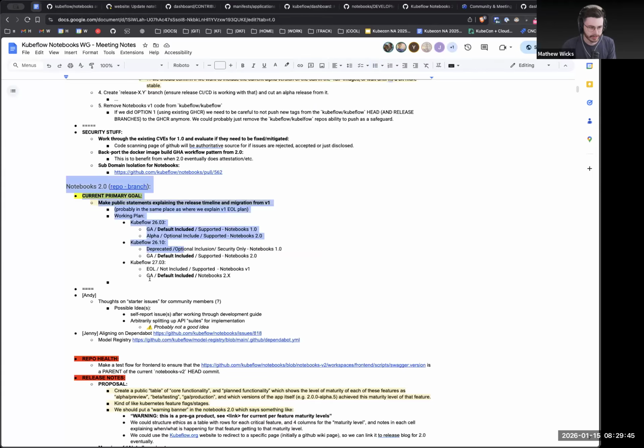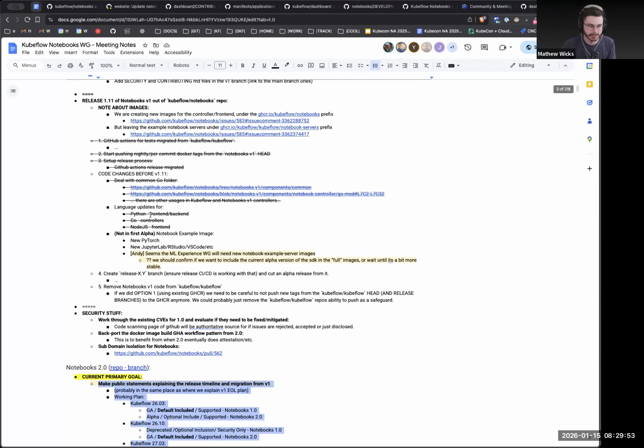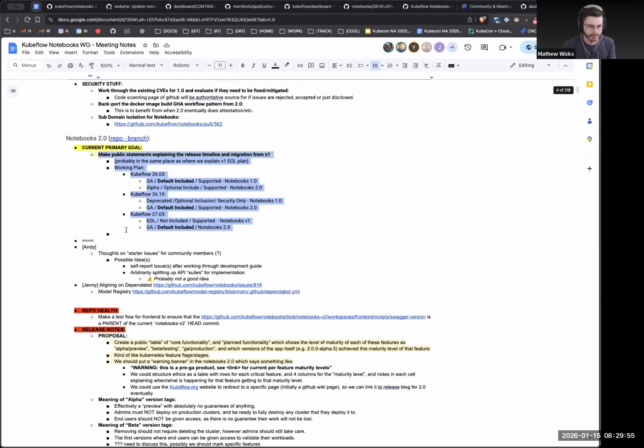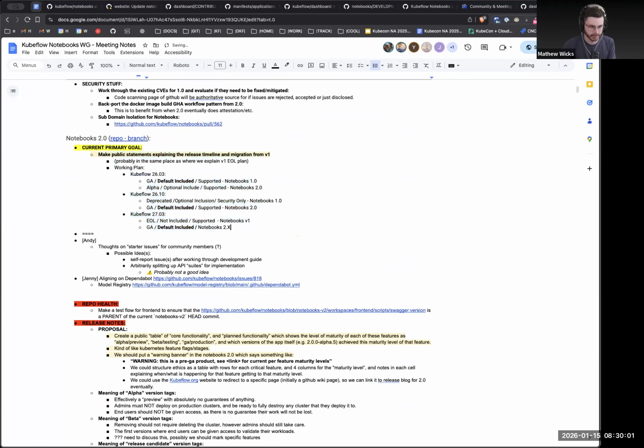Notebooks V2. Okay, the main part. We do need to do this. It's actually the same as the other goal to some extent, but this was the tentative plan, and we can quickly talk about it before we go to the actual specifics.